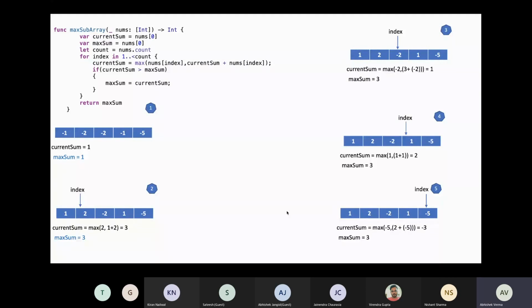Yeah, so this is one of the solutions which Nishant has explained, and this is actually called the cadence solution. If you guys still have doubts, you can ask. Nishant and I will help you understand. Guys, is anybody having any doubt around this solution? No? Okay, Abhishek, you can continue.